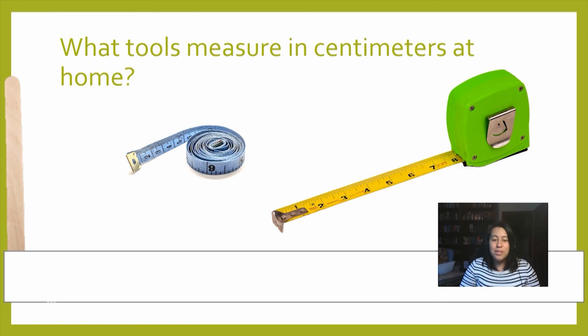Think about the popsicle sticks. I told you that the width of a popsicle stick is about 1 centimeter long. If you have a popsicle stick, you can use it to make a centimeter ruler. Just grab a piece of paper, line up the popsicle sticks with your paper, and make marks, and then write numbers to show how many centimeters you've gone so far on the paper. Once you've made your ruler, you're all set to measure in centimeters.